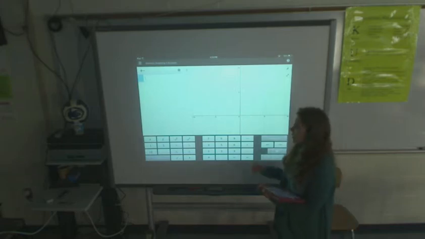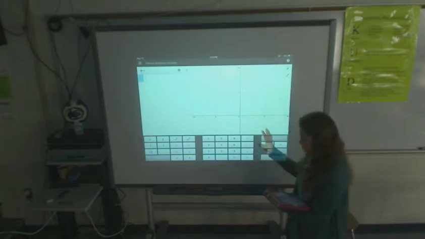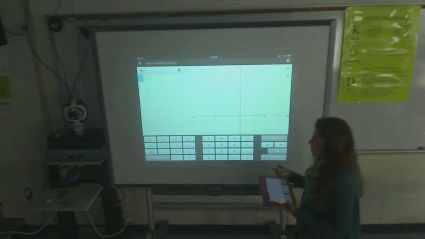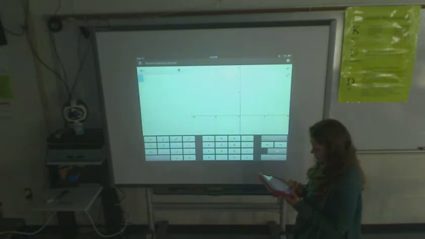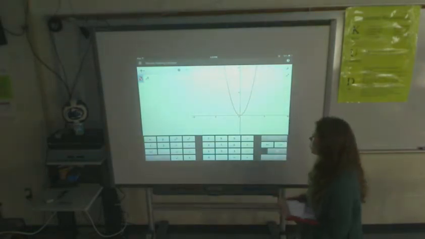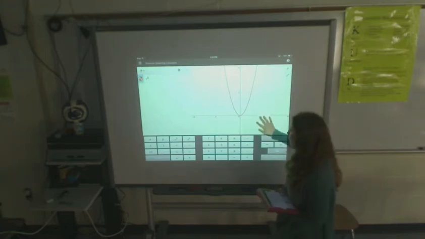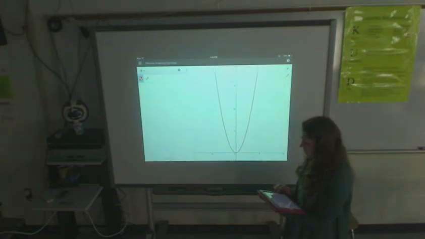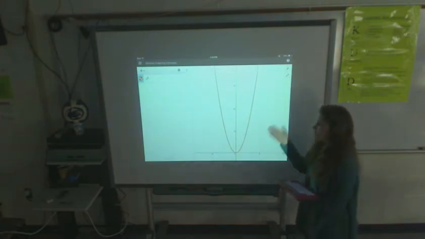Let me go ahead and show you first before I tell you any more details. But say, for instance, we want to graph our parabola that we found today in class. So we knew that the area was x squared, or n squared for the first rectangle. So this is what our graph gave to us. So our graph is right here,